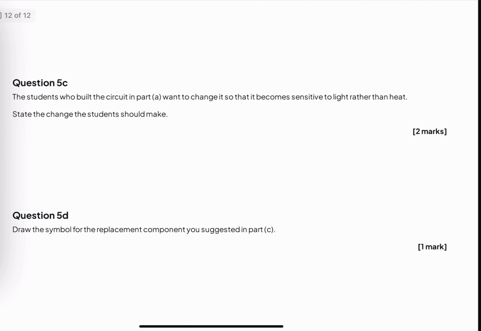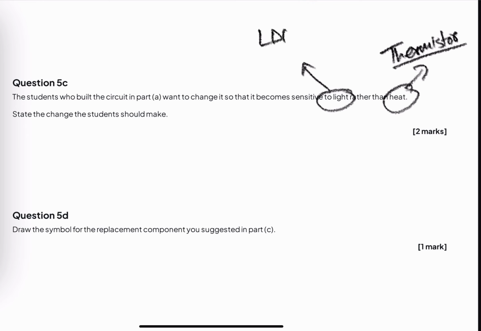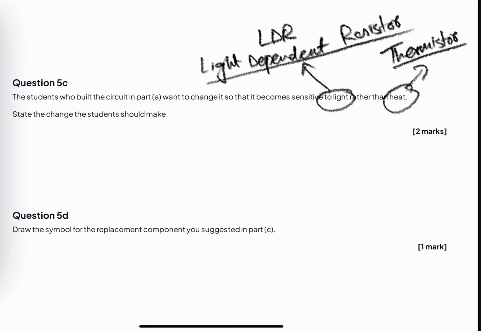The student who built the circuit in part A wants to change it so that it becomes sensitive to light rather than heat. So state the change the student should make. Okay, heat sensitive. For heat we use a thermistor. Thermistor is a heat dependent resistor, and for light we use LDR. LDR stands for light dependent resistor. So if you simply want to change its sensitivity from heat to light, you have to replace thermistor with LDR. So the answer is: